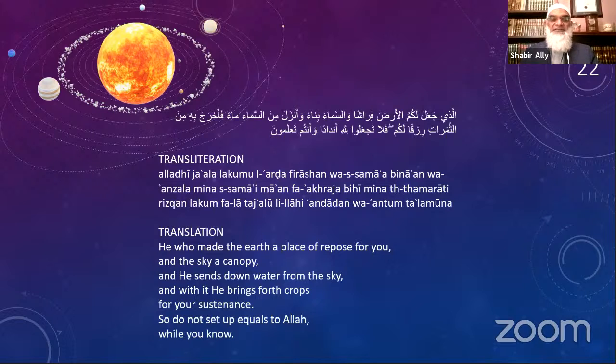Allah subhanahu wa ta'ala created the earth as a place in which we can easily dwell, and the sky is there over us, at least in appearance, like if it's a canopy. So it gives us that sense of comfort at night, as if we're under a large dome. And he sends down the water from the sky, and with it he brings forth the crops that is a source of sustenance for us. So after all of this, Allah subhanahu wa ta'ala says, do not set up equals to Allah while you know. So we should give thanks to Allah for all of the benefits we have, and not give that credit to anyone else. So I'll move on to the next verse, which is